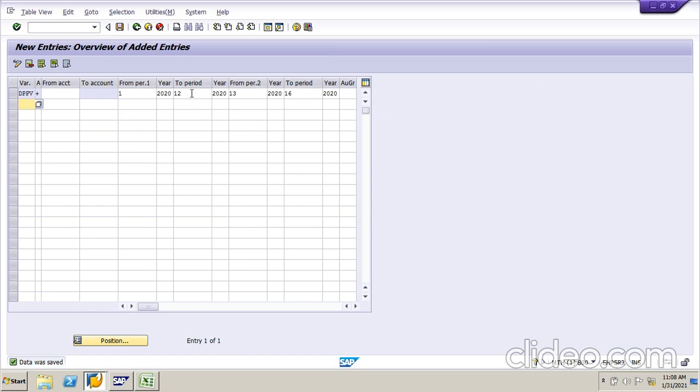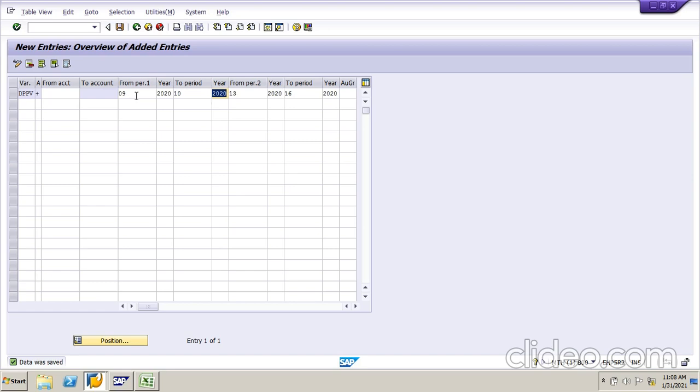If you go to real time, suppose we are in January month, they will open only the 9th month and 10th month. Sorry, January is the 10th. They will open only 2 months, the present month and the previous month only. They will never open all months. So if you apply 9 to 10, 9 is the December month and 10 is the January month. So we can post the transaction between December 1st to January 31st only. So this is called open and close posting periods.